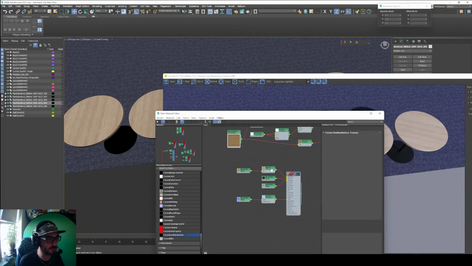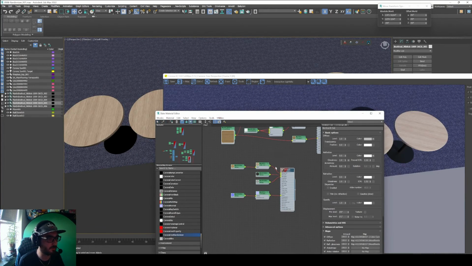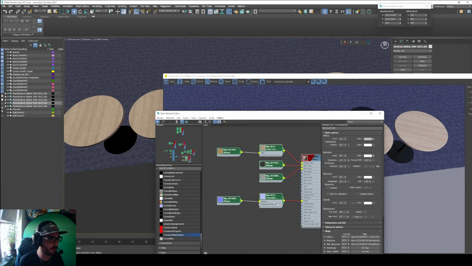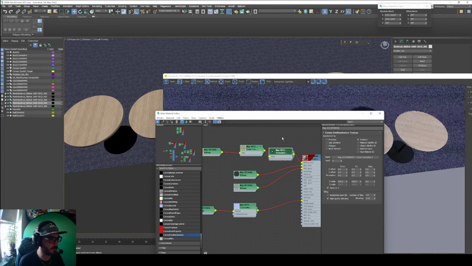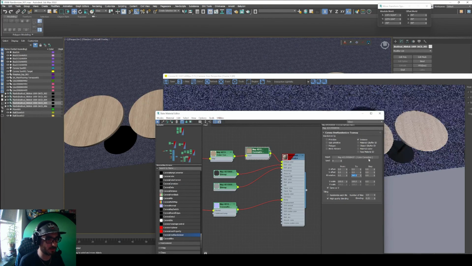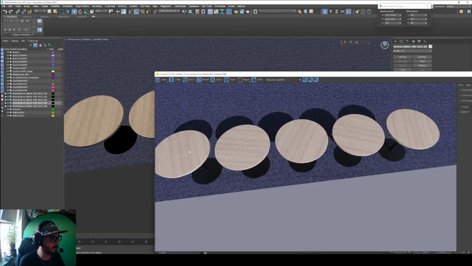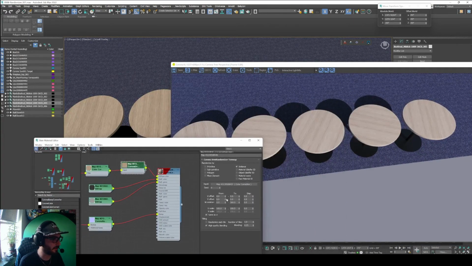Yes, there are scripts and plugins that you can use to rotate manually, but I find just adding in this UV randomizer way easier. So again, let's go by instance, and then let's 360 it here, and now we're automatically randomizing our material. We can also do offsets,